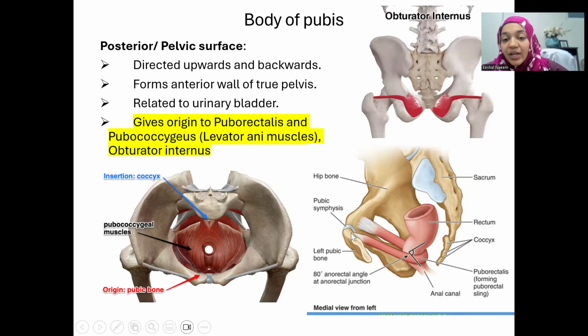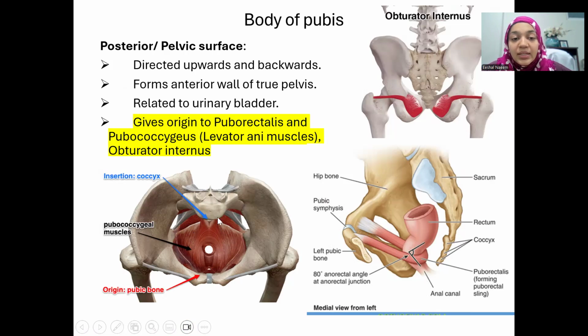Weakening of this may cause issues with defecation and also urinary frequency, because this levator ani muscle, the puborectalis, and the pubococcygeal muscle coming from the coccyx to the pubic bone form these circular fibers, right? When they weaken, there are issues with urinary frequency and defecation. Now, those people are told to do Kegel exercises to improve the movement of these two muscles. So we have the puborectalis that comes off and forms a sling, and then we have the pubococcygeal muscles.